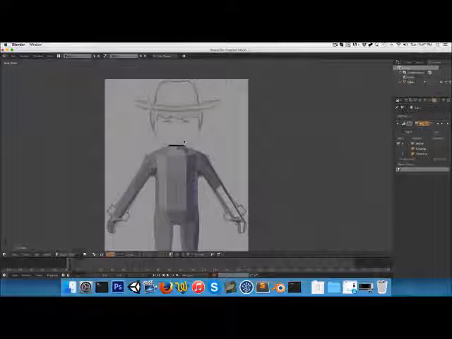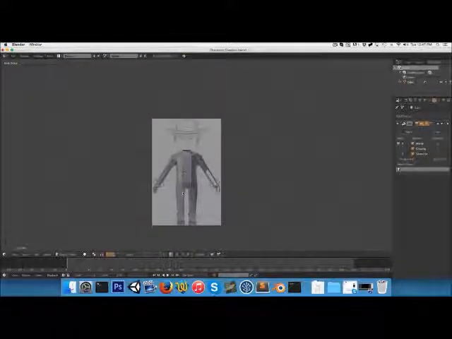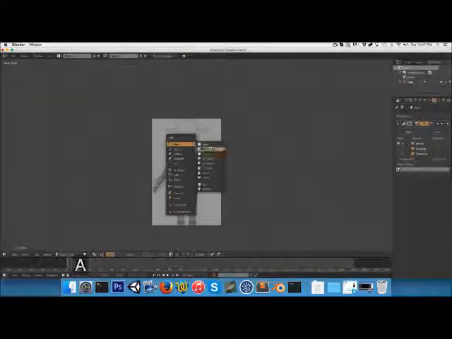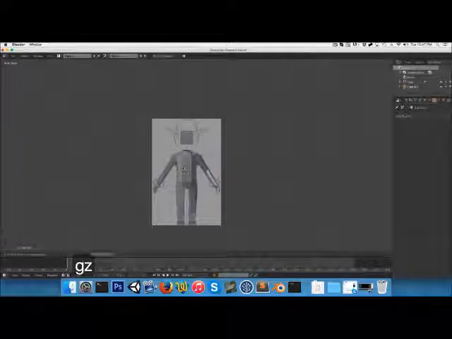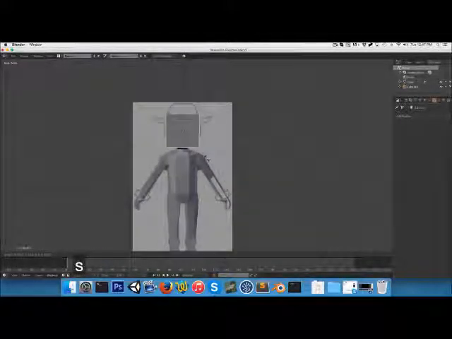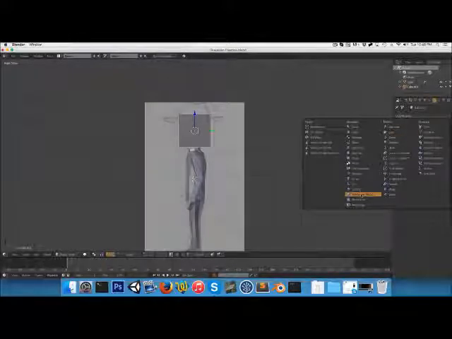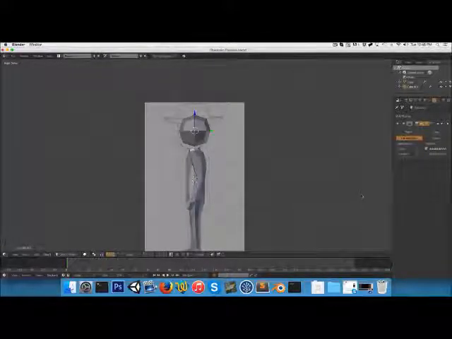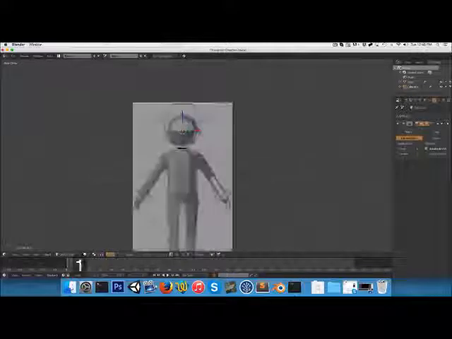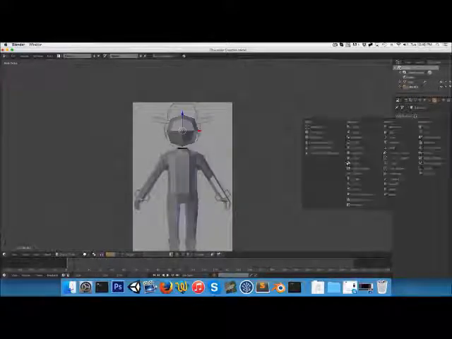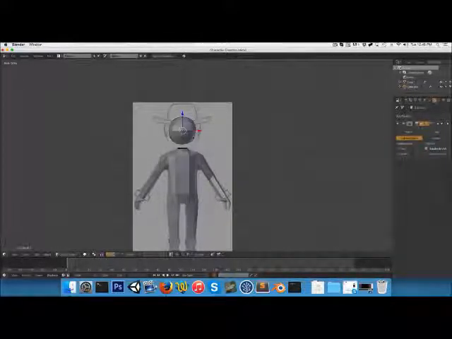Alright, so let's make a little head object. So I'm in object mode now. I'm going to add in a new cube object. Just drag it up to where his head will be, and scale it out a bit. And you can just add a new modifier. We'll use a subdivision surface modifier. We'll leave it at 1 and apply it, and then we'll just add in 1 more and not